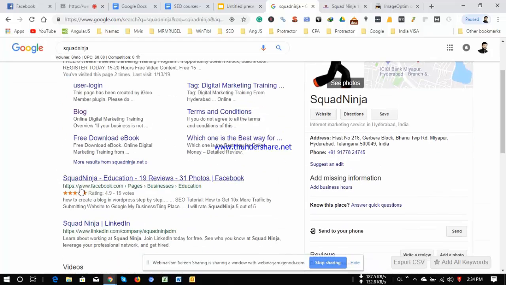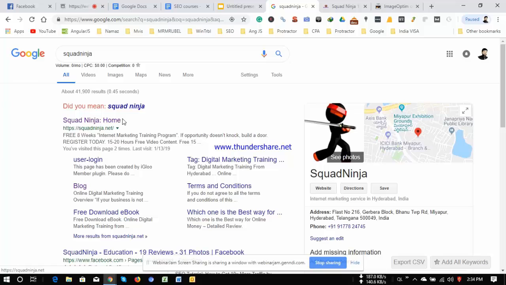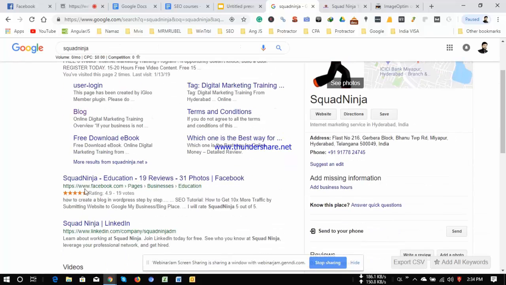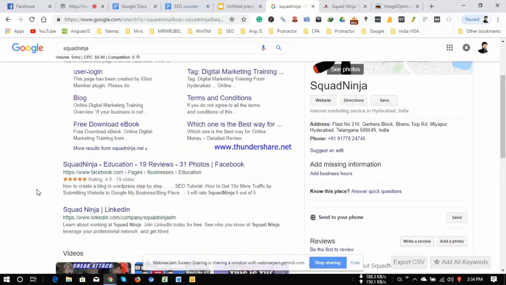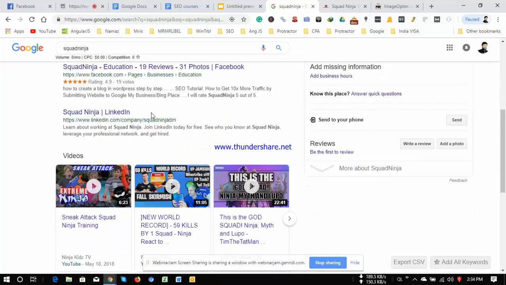When Google crawls Facebook, it finds Squad Ninja, then Google comes to the Squad Ninja website. When Google crawls it, it finds that it is relevant to this post. That's why Google makes an interlink to these sites, and this site also appears on the search engine result page. That's why backlinks are quite important.